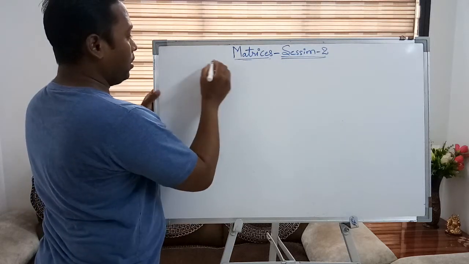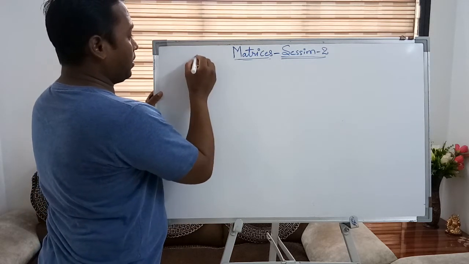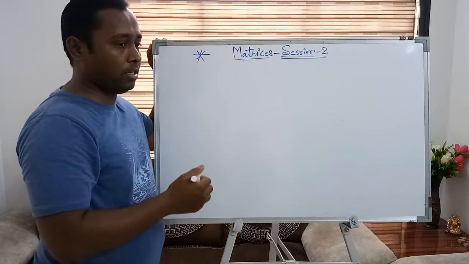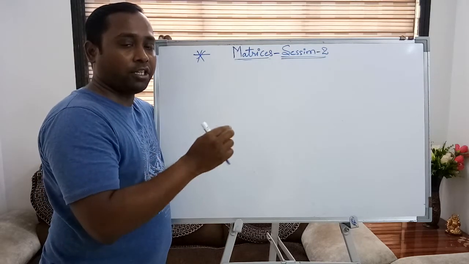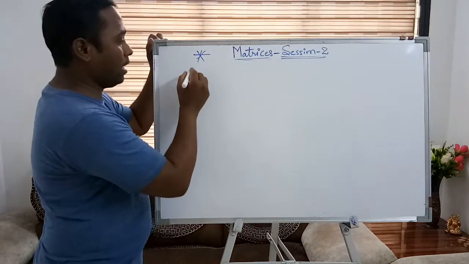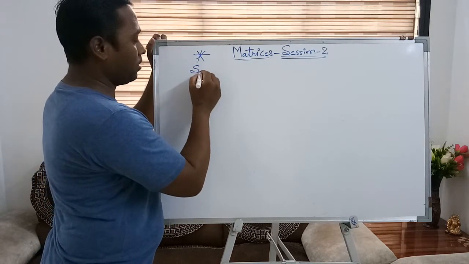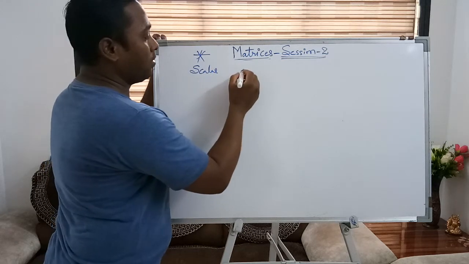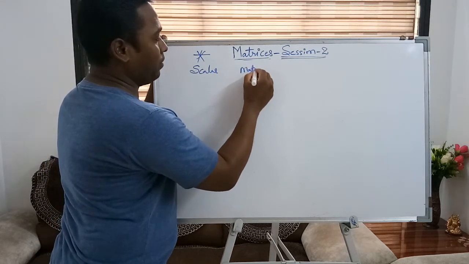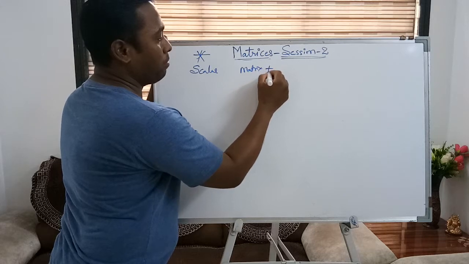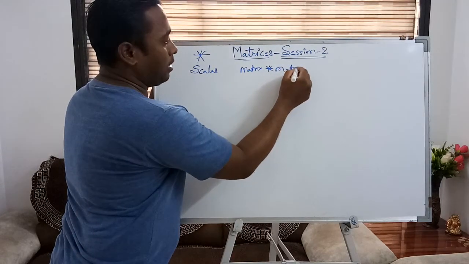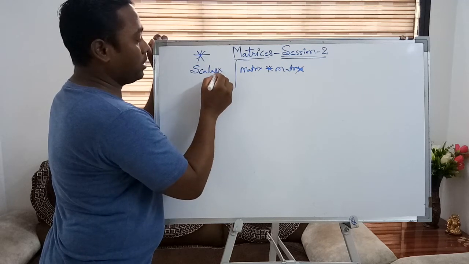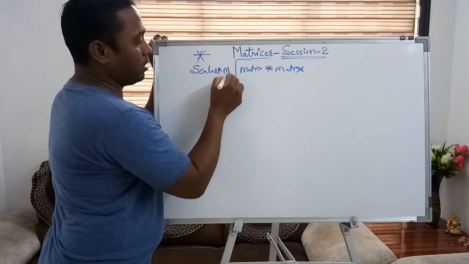I am taking here the multiplication concept, remember. If I say multiplication, this topic is further divided into two parts. One is scalar multiplication with the matrix, and the other is matrix multiplication with matrix, one matrix multiplied with another matrix. The first case is where a scalar is multiplied by a matrix.